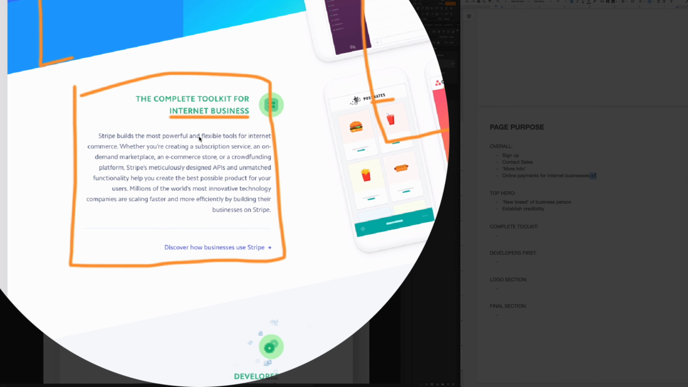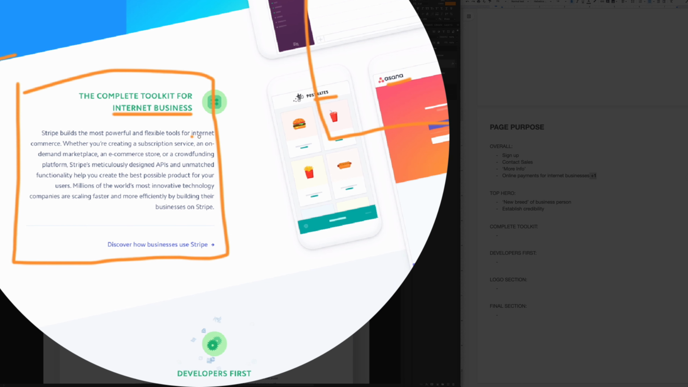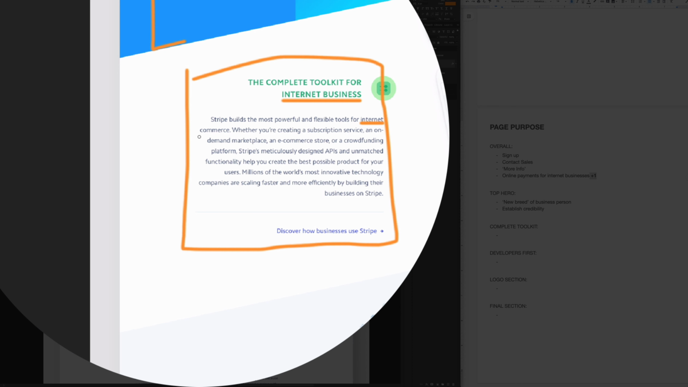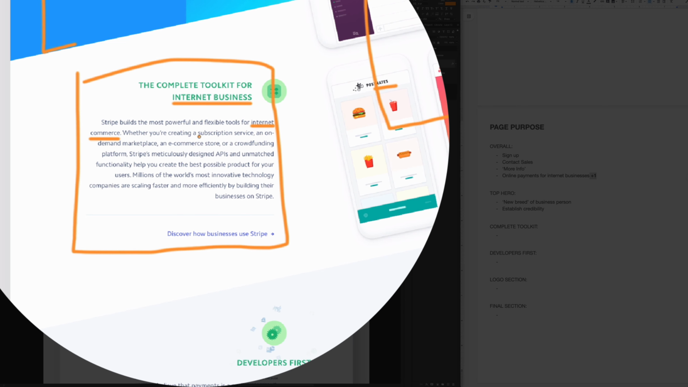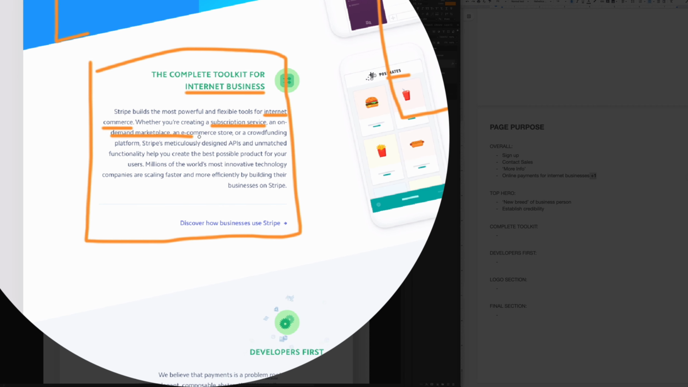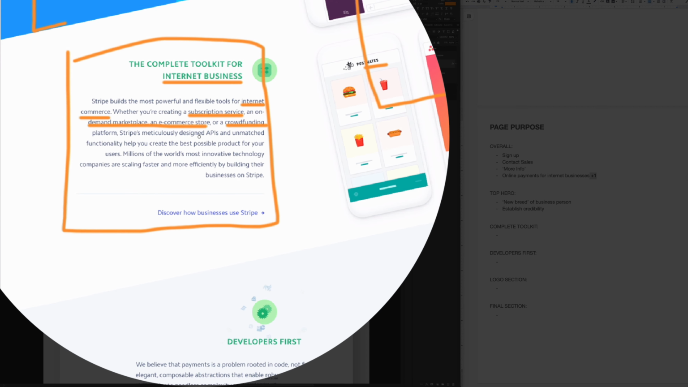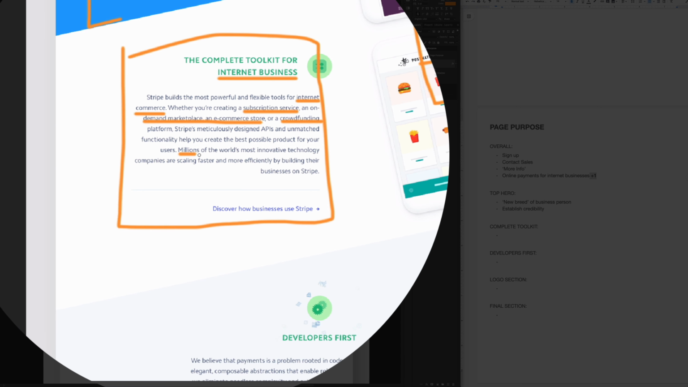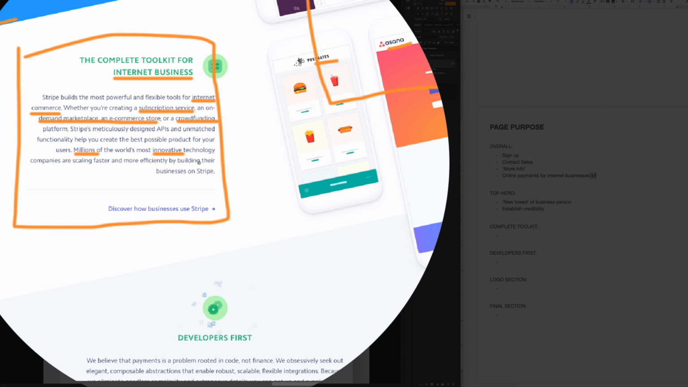Builds the most powerful and flexible tools for internet commerce. Okay, so honestly, here too, probably a little SEO, right? They're like, we want to rank for internet commerce. We want to rank for online payments, things like that. Whether you're creating a subscription service, all right, so this is kind of calling out to you online entrepreneurs, an on-demand marketplace, e-commerce store, crowdfunding, Stripe's meticulously designed APIs and unmatched functionality help you create the best possible product for your users. Millions of the world's most innovative technology companies are scaling faster and more efficiently by building their businesses